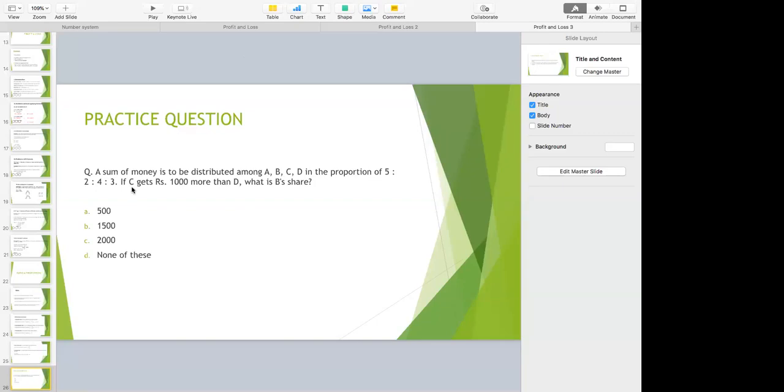And according to the question, C gets 1000 rupees more than D. And according to my assumption, C got 1 part more than D. So can I say that 1 part is corresponding to 1000 rupees here? And if 1 part is corresponding to 1000 rupees, then